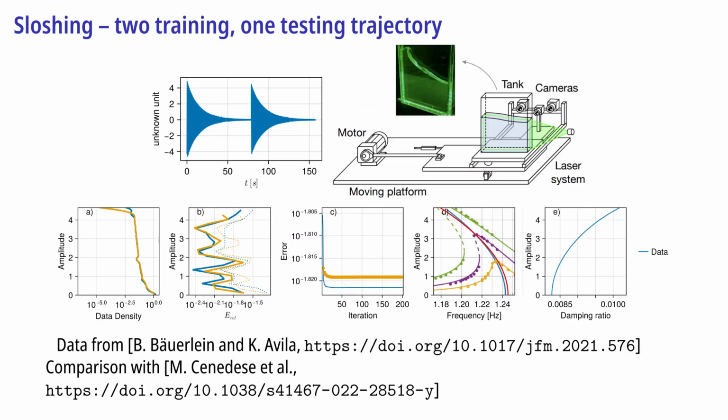The third example is again an autonomous system that is also compared with SSM-Learn. The experimental rig is a tank with liquid sloshing inside. The data is decaying sloshing that occurs after the forcing at the resonant frequency is stopped. Here we have three trajectories. One is dedicated to validation, which appears in mustard color in the diagrams. We are able to obtain a similar result to SSM-Learn, though it is impossible to tell which result is more